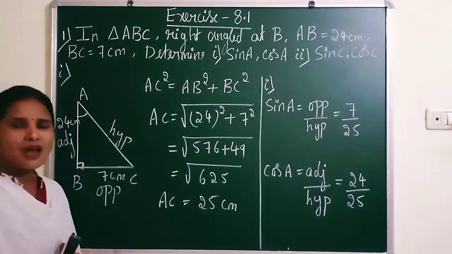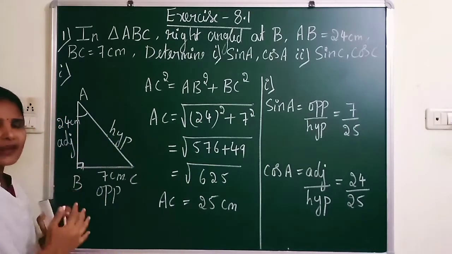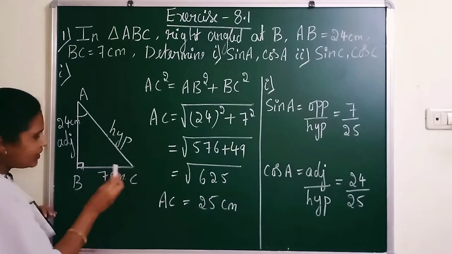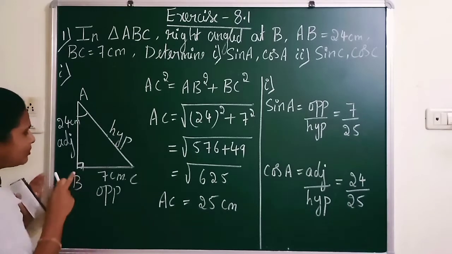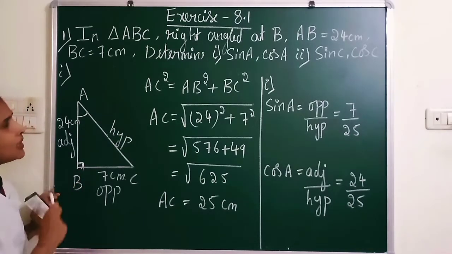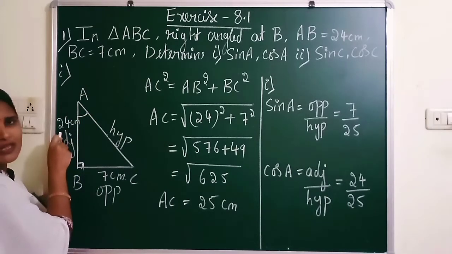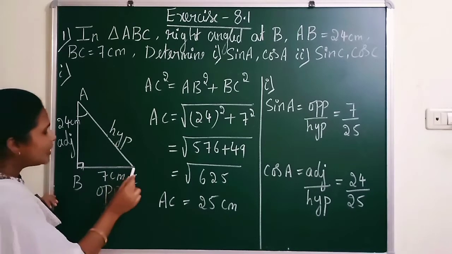Before I start the question, I should find all the 3 sides of the right angled triangle. Given ABC is a right angled triangle, angle B is 90 degrees. According to that draw the diagram. And given AB equals 24 centimeter, that is the perpendicular height, altitude is 24, and he has given base BC